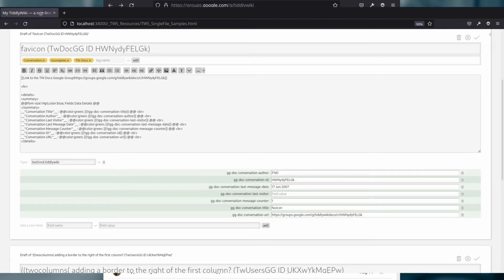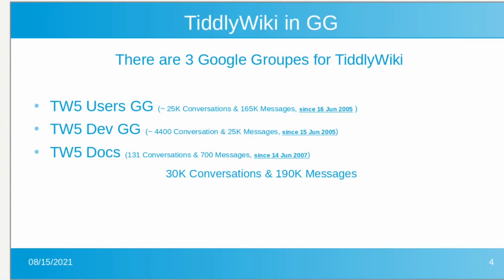So let's go back to the presentation. These are some numbers we know after phase 1. Again, we have three Google Groups for TiddlyWiki. For the user Google Group, we have 25K conversations, and